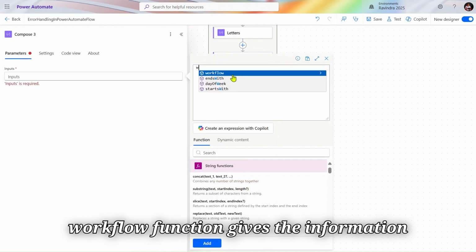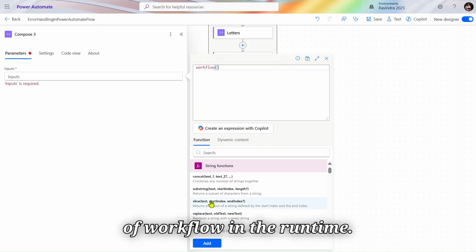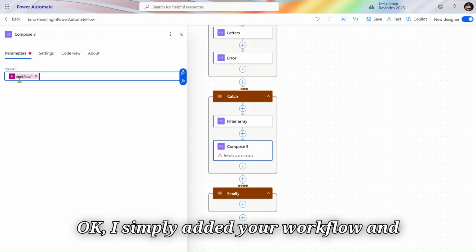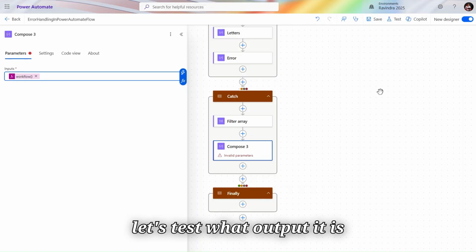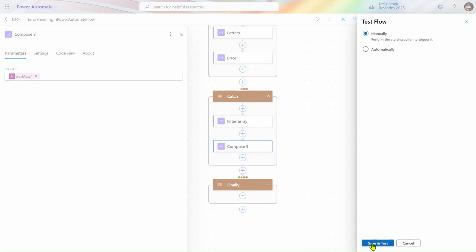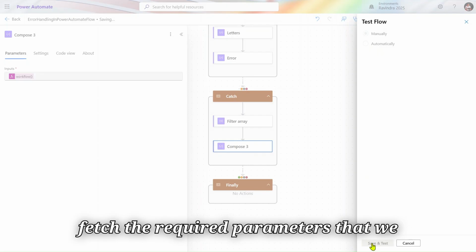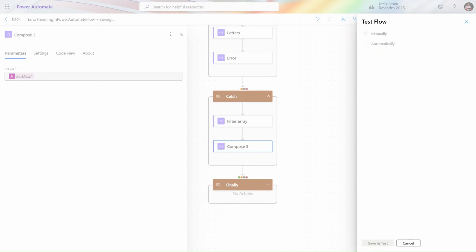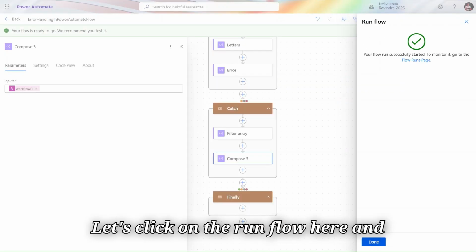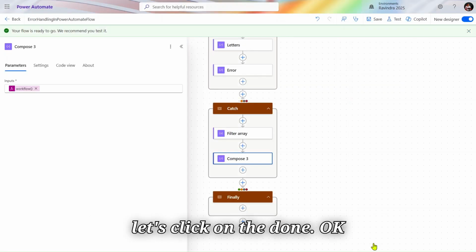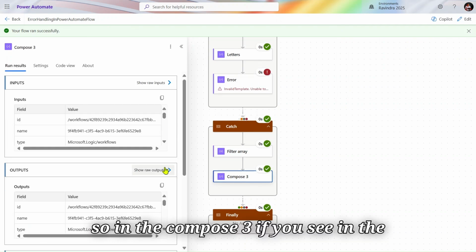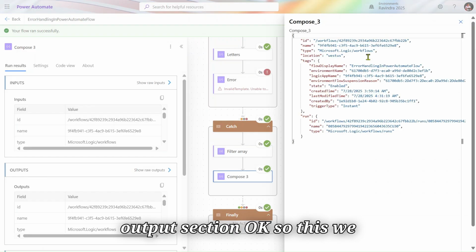So the workflow function gives the information of our flow at runtime, okay. I simply added here workflow and let's test what output it is giving us, okay. From that output we will fetch the required parameters that we need, okay. So let's click on save and test, click on run flow here and click on done, okay. So in the Compose 3, if you see in the output section, okay, so this